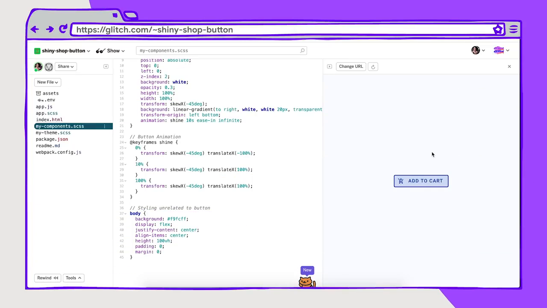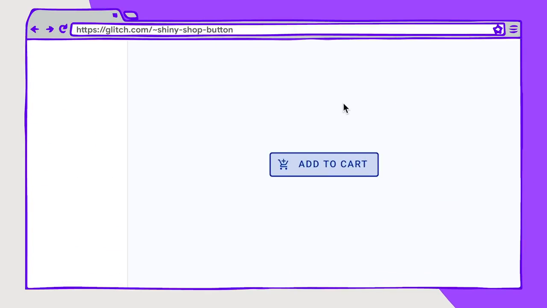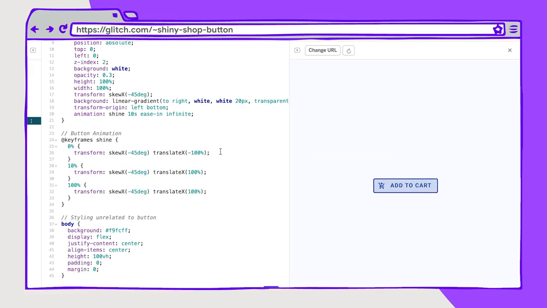Here's an example of a shiny shop button, which has a subtle sheen that just goes from left to right across it. And we're using linear gradients to do this and the skew transformation. So here we can see that that skew is translating from 0% to 100%. The animation is happening from 0 to 10%, and we're then pausing, so it's not repeatedly happening. So it's going from 0 to 10%, and then we're waiting till 100% to start over that little sheen across the button. But this also calls to the user's attention, calls to that action button of adding to cart, and it's just a little subtle nod to your user to pay attention to a specific place in the UI.